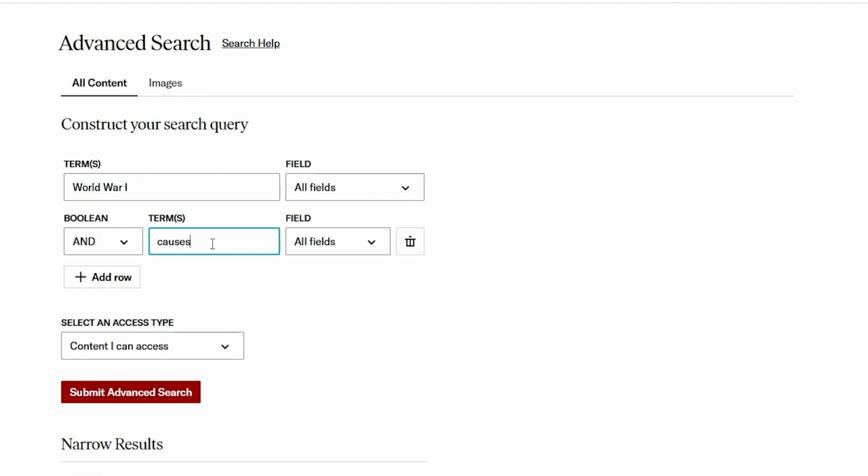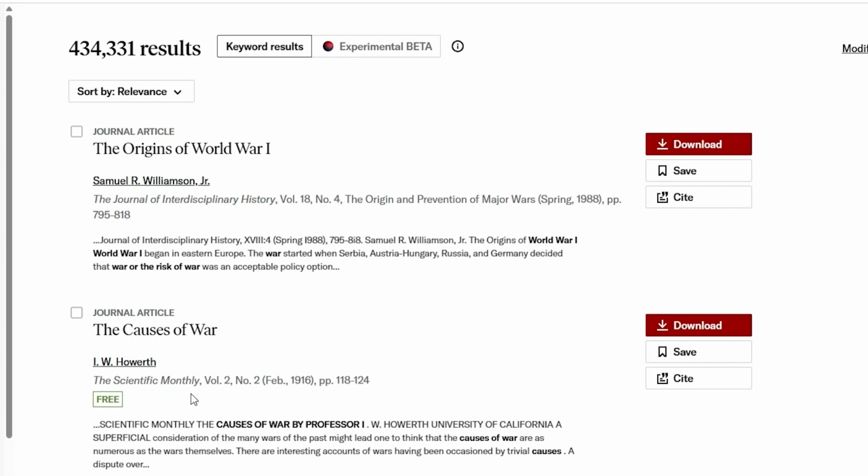A red rectangle is drawn around the section with the heading Select an Access Type and its associated drop-down box. Underneath the search boxes, make sure that the drop-down under Select an Access Type is set to Content I Can Access. This ensures that you will only get search results for articles that you can read right away. Below the Access Type box, the button for Advanced Search is selected, and the search results page loads, showing